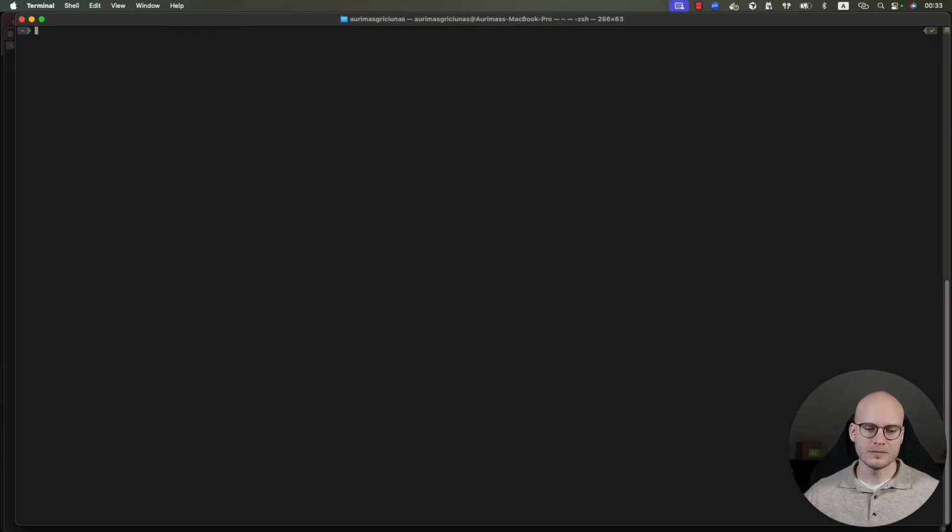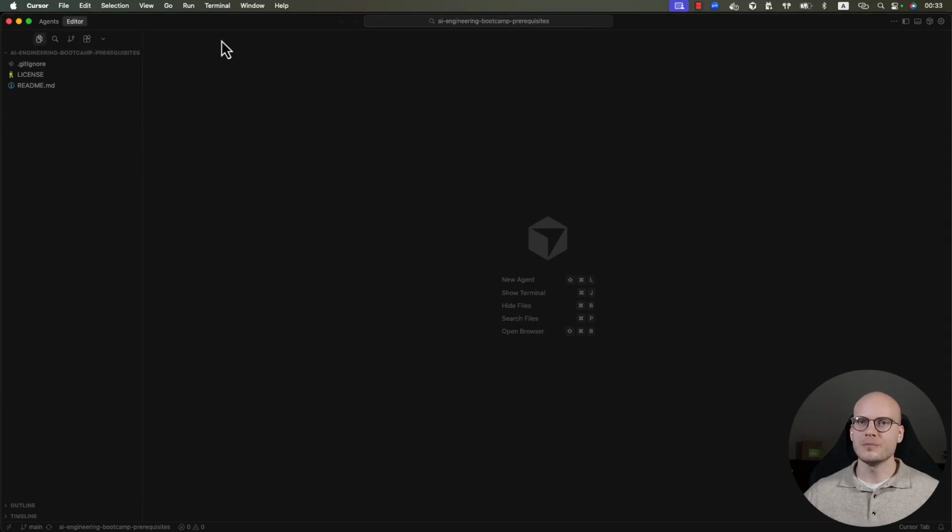And also, of course, I will have my IDE open, which for me is Cursor, and I'm gonna code here. Now I already have my GitHub repository created, so you can see it's called AI Engineering Bootcamp Prerequisites. It will be a public repository, so once you have these videos available, the repository itself will already also be